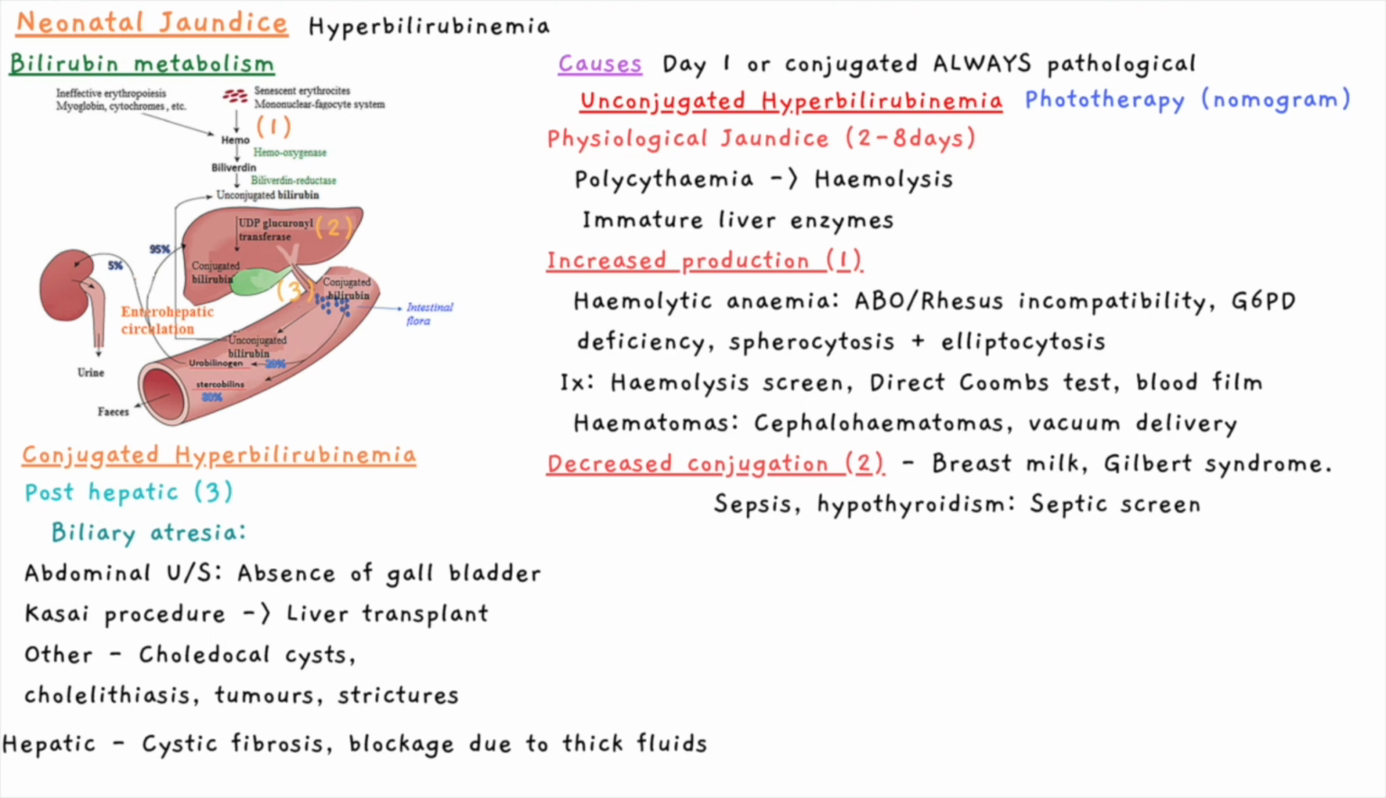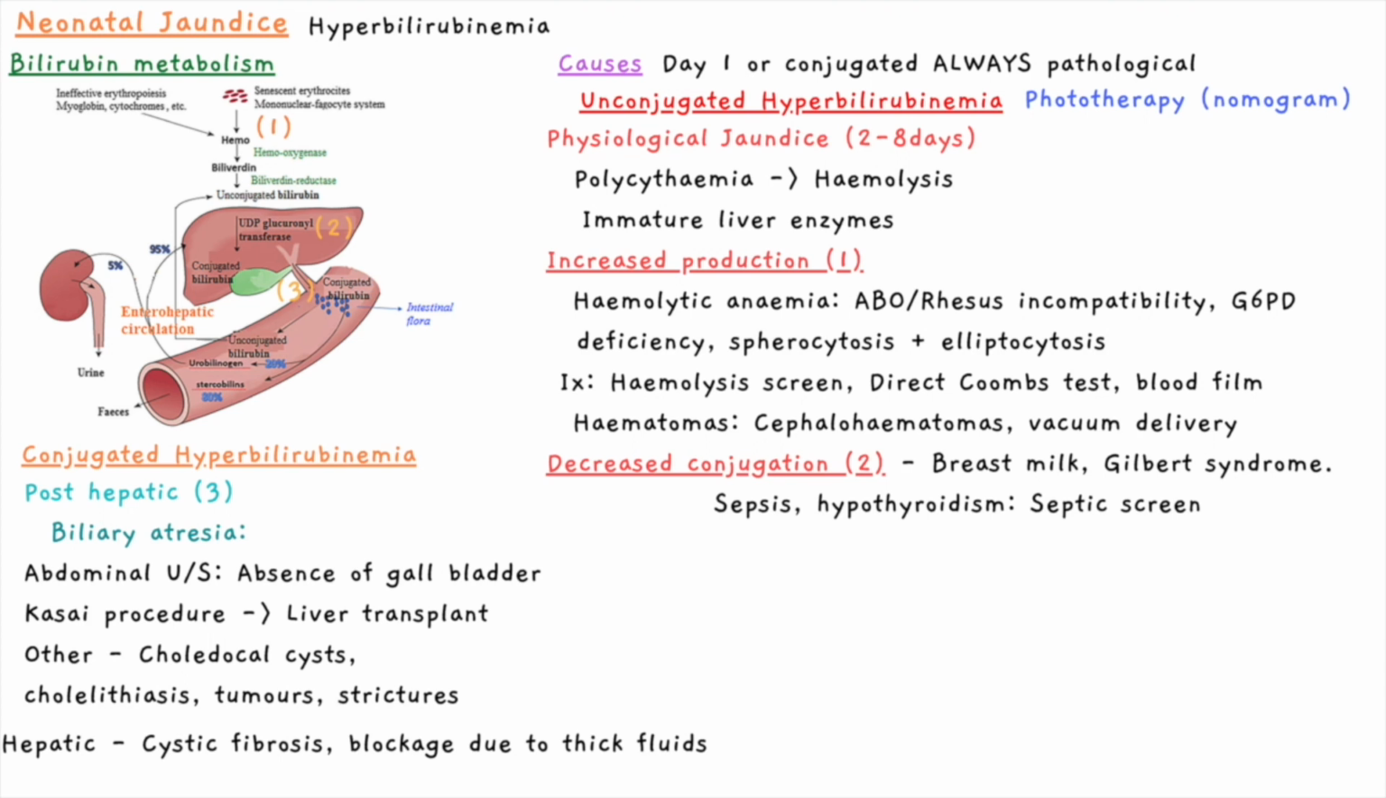Conjugated hyperbilirubinemia occurs with issues after the liver, post-hepatic. And the most concerning is biliary atresia. This is diagnosed with an abdominal ultrasound after fasting and shows an absent gallbladder because the gallbladder is so small. This is treated with a Kasai procedure, but unfortunately this often doesn't work, and biliary atresia progresses to cirrhosis,